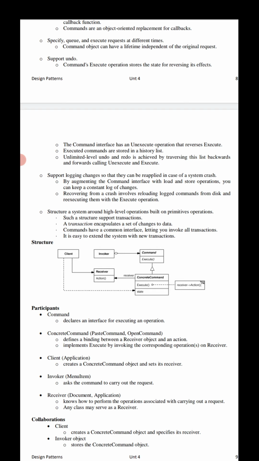The command design pattern offers a way to model transactions, as commands have a common interface letting you invoke all transactions in the same way. The pattern also makes it very easy to extend the system with new transactions.